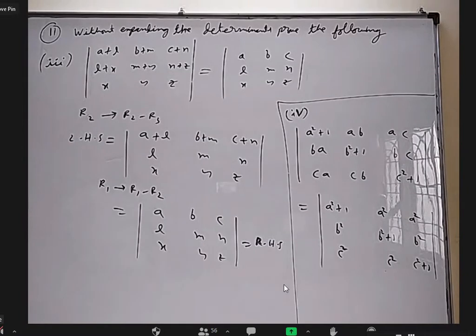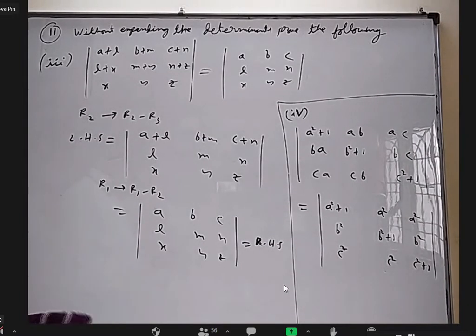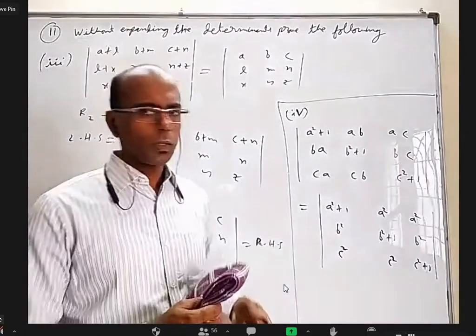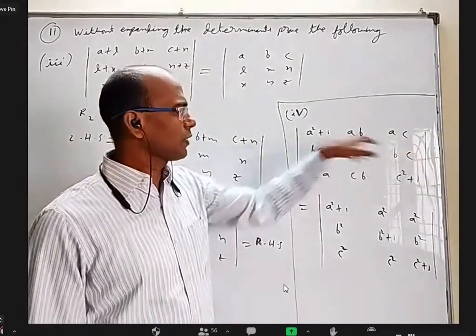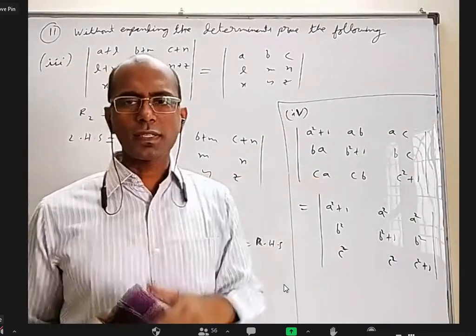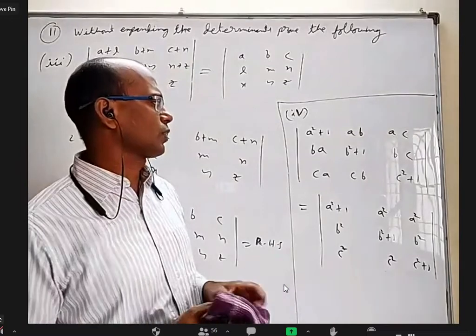Okay, so this third question I'm erasing. Is it all right? Yes. Anyway, this fourth question: multiply the first row with A. But if you multiply the first row with A, outside you have to divide with A. Because if you are multiplying with 7, you are increasing by 7 times, you also have to now outside multiply with 1 by 7.